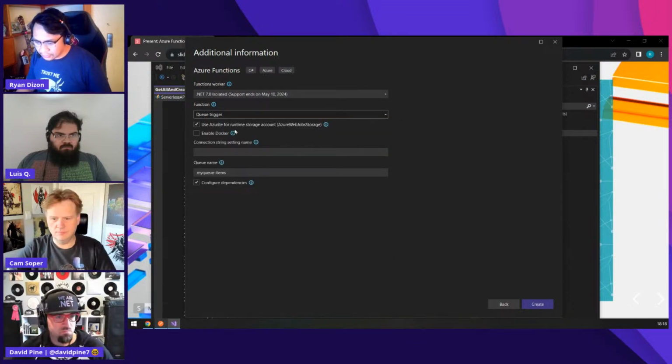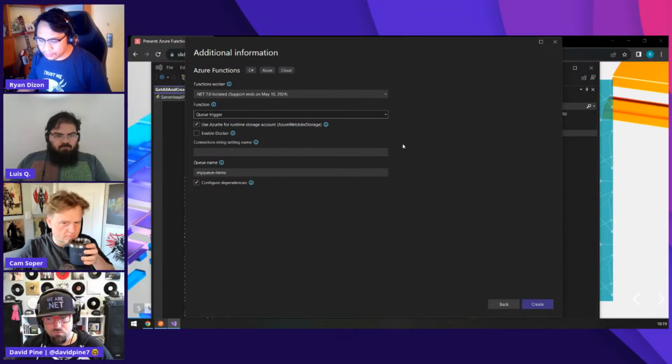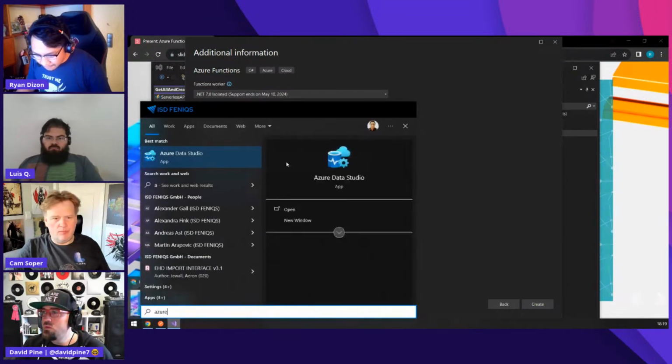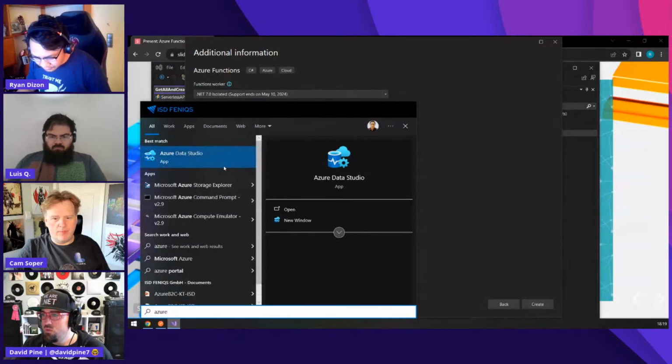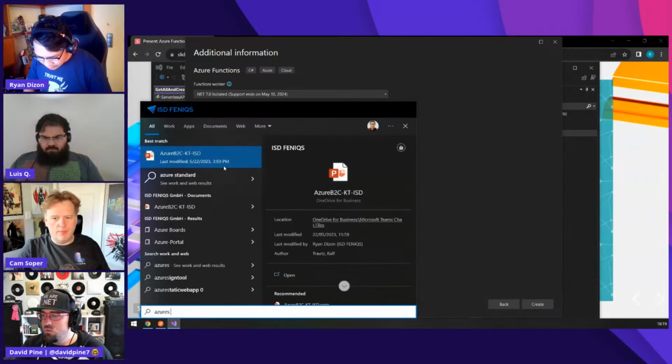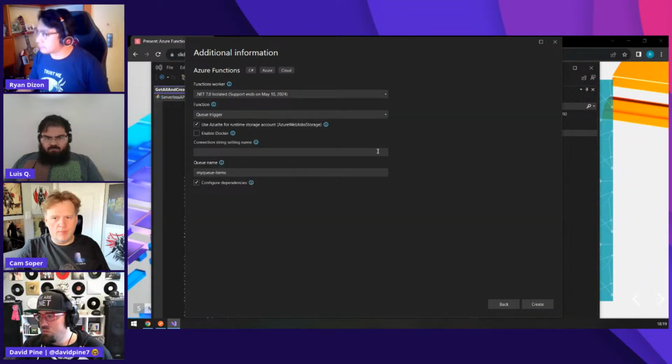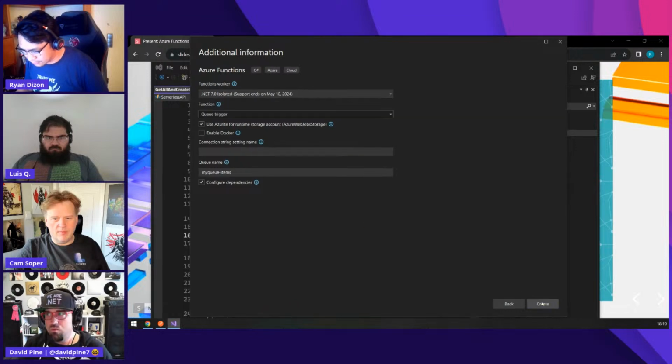So for the questions about this emulator, Visual Studio will automatically create your blob storage locally. You need to install this Azure Storage Explorer, and I have installed that for this session.